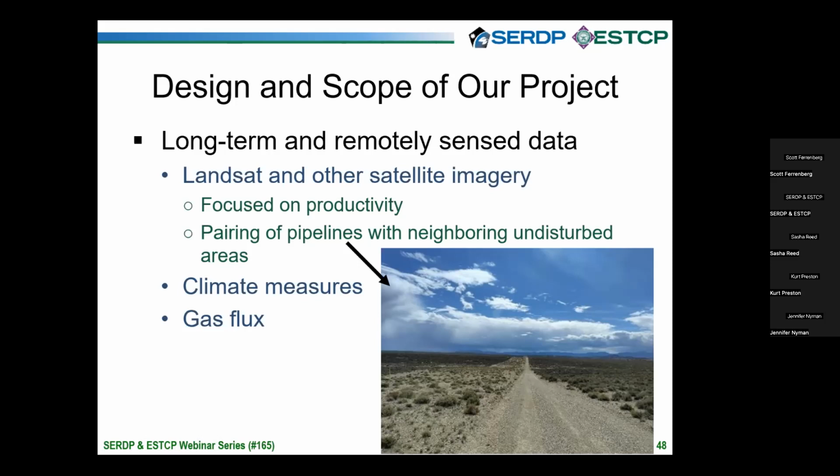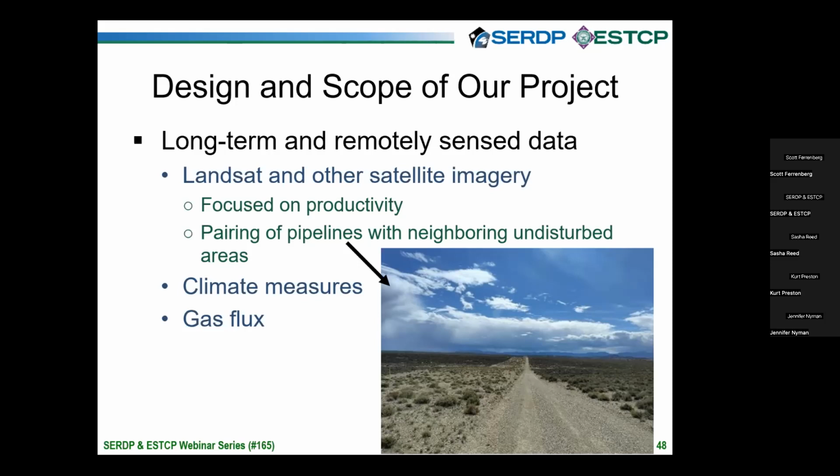So pipelines are a uniform type of disturbance that have been placed across hundreds and hundreds of miles of landscape across drylands. And Tyson has done the painstaking work of pulling out the remote sensing pixels that correspond to those pipelines in neighboring areas that were not disturbed when it was installed. If we look at this photo in the lower right, the pipeline is occurring under that sparse vegetation that sort of originates from the lower left-hand corner. And that was soil pulled away, the pipeline was put in place, the soil is pushed back over, and we're looking at the vegetation that has recovered since the timing of that disturbance. And then we have an access road, which is very clear, sitting down the middle.